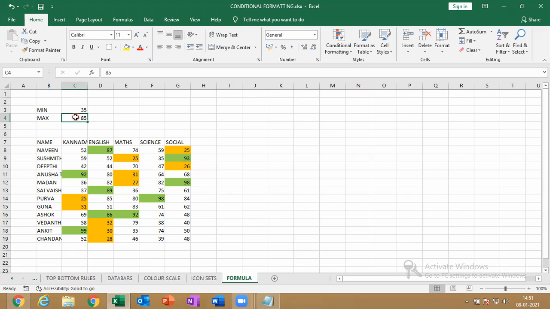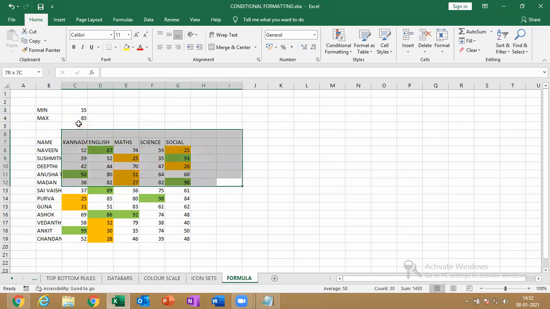So what happens when you change this 35 to 45? Can anyone tell me what is happening? What is happening after I change the values? Cells are changing the color. Good. So what is happening?